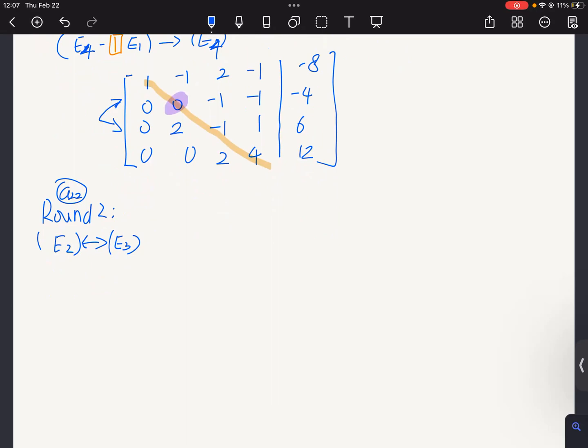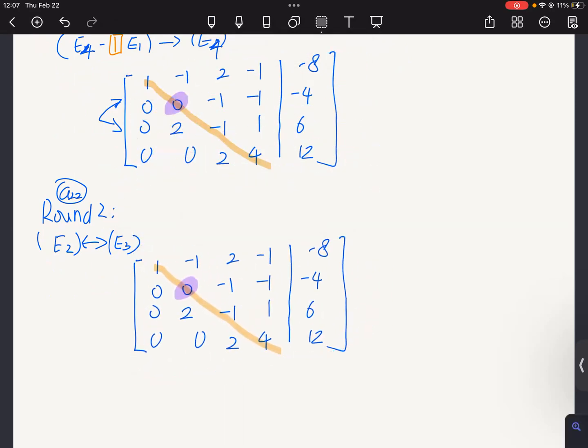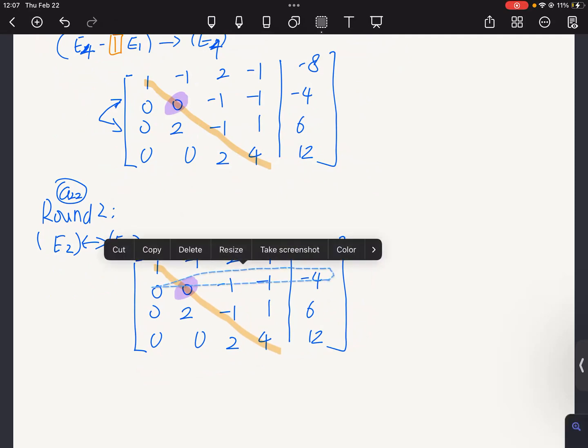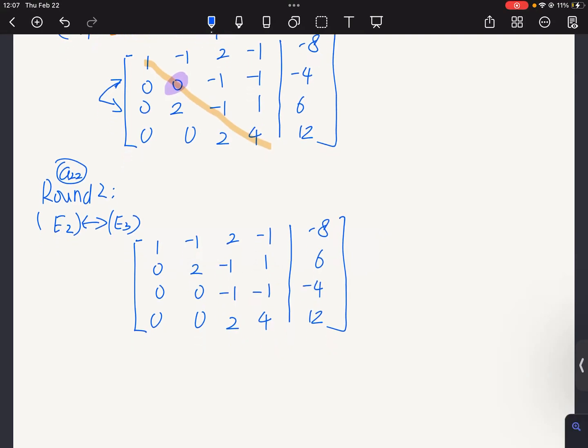And after you exchange these two rows, we got this. So I'm going to write it down here. I'm going to exchange the two rows here, and then row 3 would be row 2, and row 2 would be row 3. After we exchange row 2 and row 3, actually for this augmented matrix, we don't need